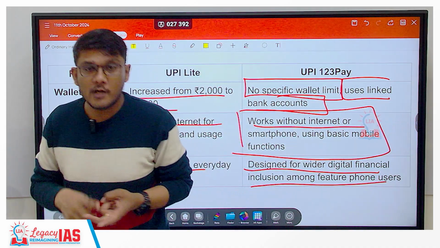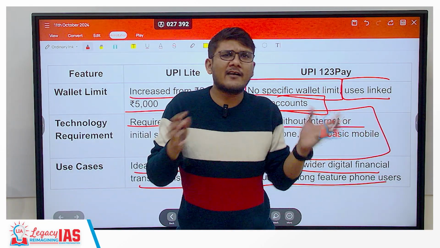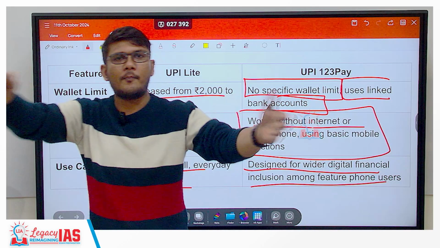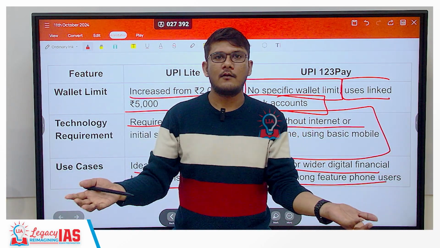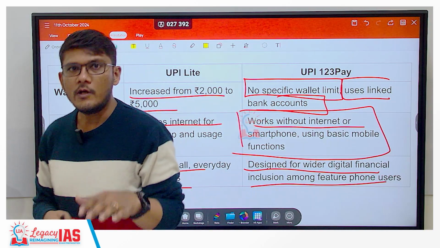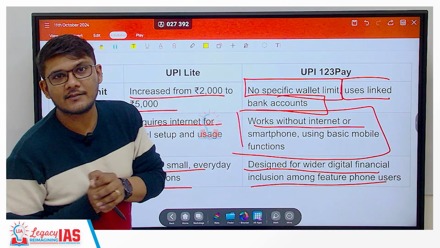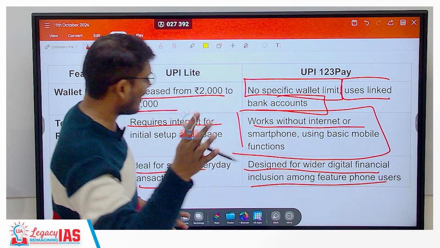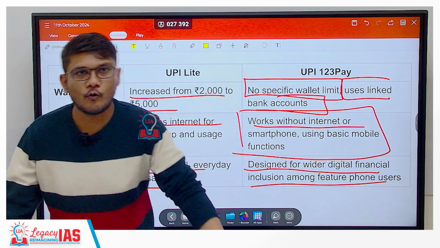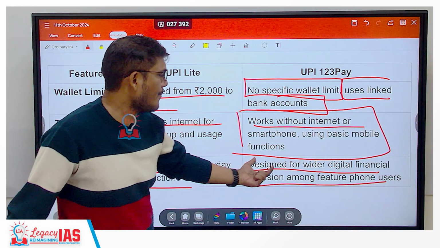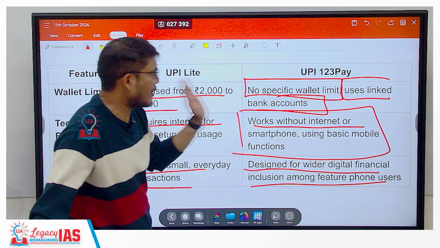That's point number one. Point number two, so many people who would not have a smartphone, but can collect money one fine day, dream of going to a nice restaurant and having a meal, and they enter and they realize they need a smartphone to do that. So that sort of is an exclusion. You can give that example of exclusion based on the classes. So what this does is it eliminates the requirement of smartphone and internet, increasing digital financial inclusion. So that is about UPI 123 and UPI Lite.